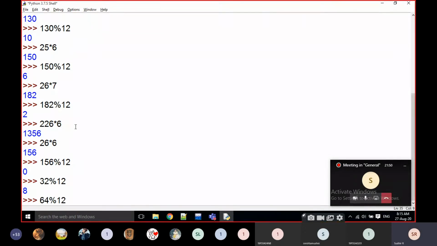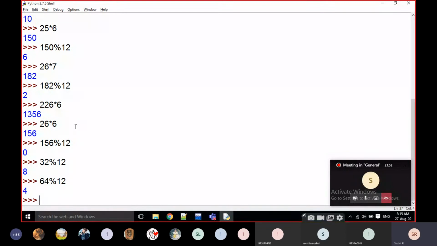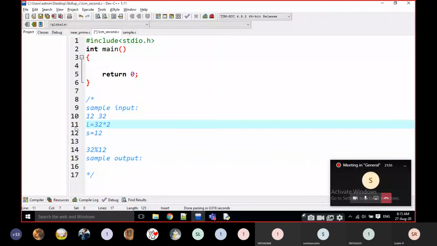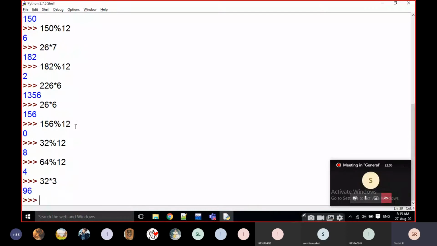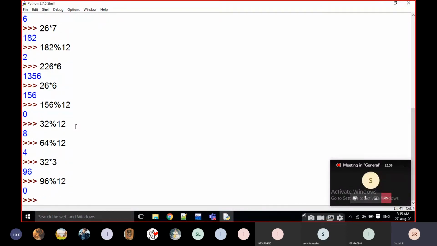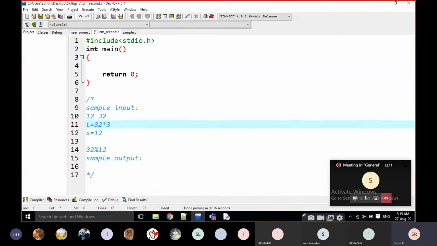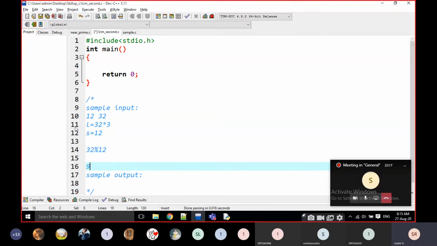Is 64 divisible by 12? No, not at all. That means I am going to check with 3. 32 into 3 is 96. Is 96 divisible by 12? Yes, it is divisible by 12. Then the answer is 32 into 3, that is 96.